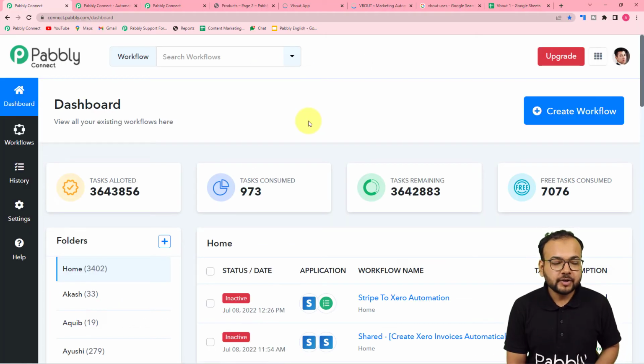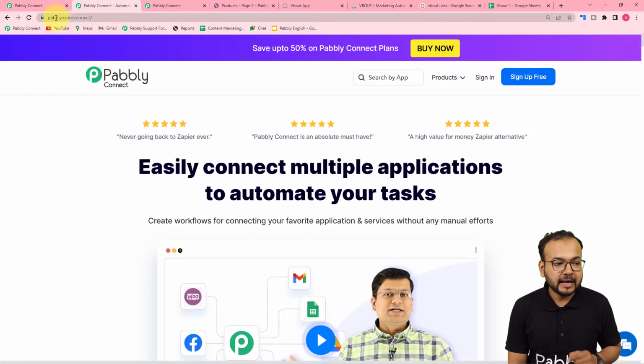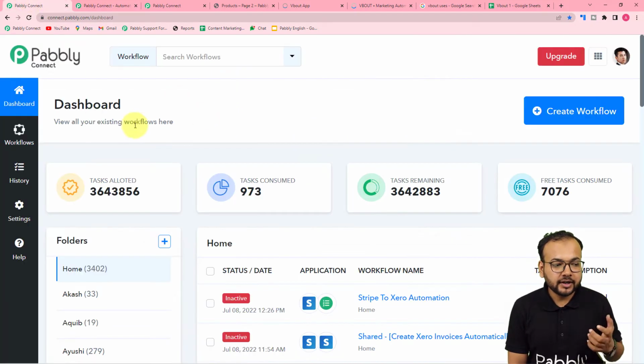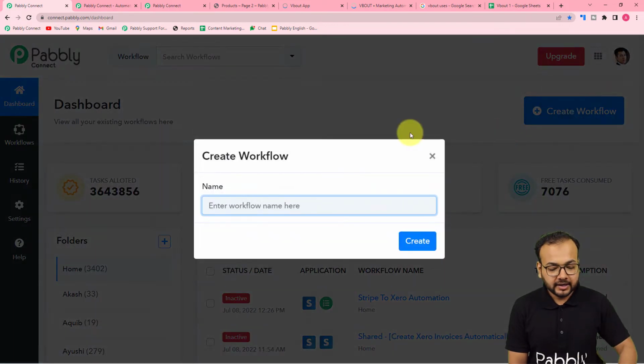So to set up this automation, guys, first of all you need to reach the dashboard of Pabbly Connect application, and to reach here you can use this link pabbly.com/connect. We have pasted the same in the description as well. From here you can set up your free Pabbly Connect account, and after that you can log in to reach here. And guys, here you have to click on this create workflow button, and here you have to give a name to this workflow. So I am giving the name here